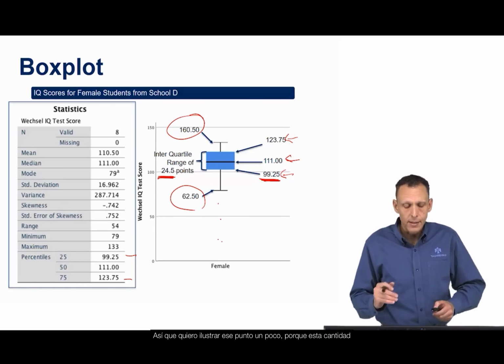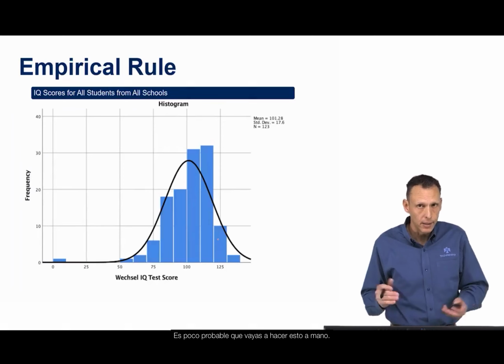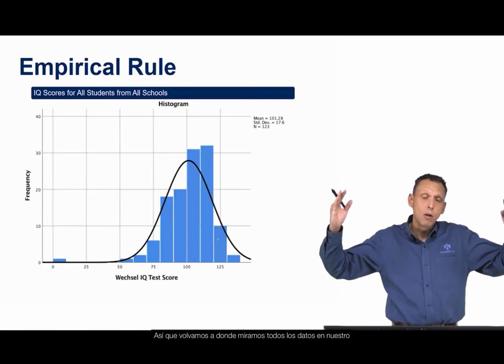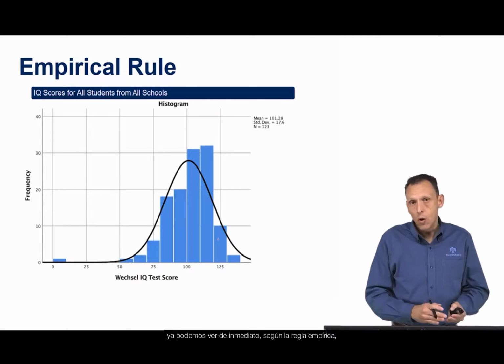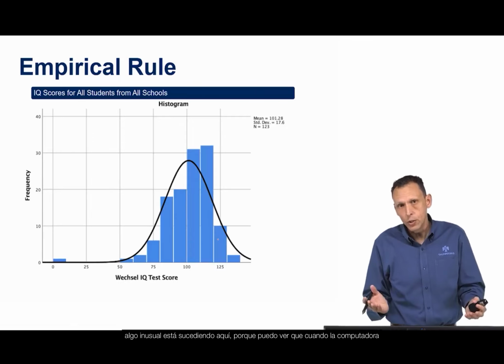So I want to illustrate that point because this is mostly going to be output from the computer. It's unlikely that you're going to be doing this by hand. So let's go back and look at all of the data in our data set, all of the IQ scores that we have. We can already immediately see, based on the empirical rule, that something unusual is happening here because